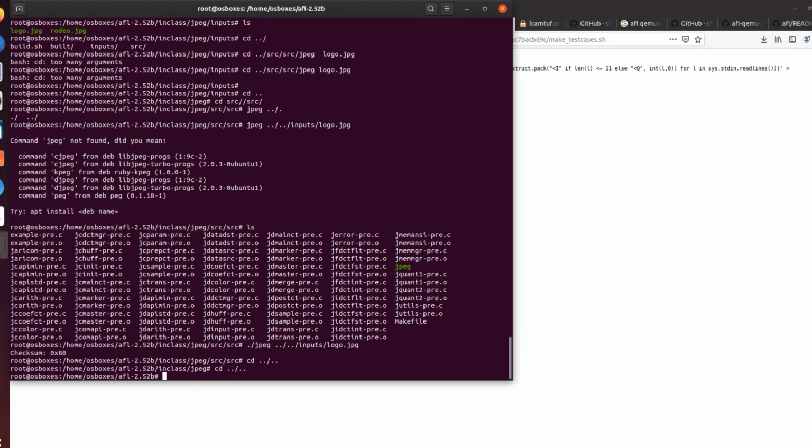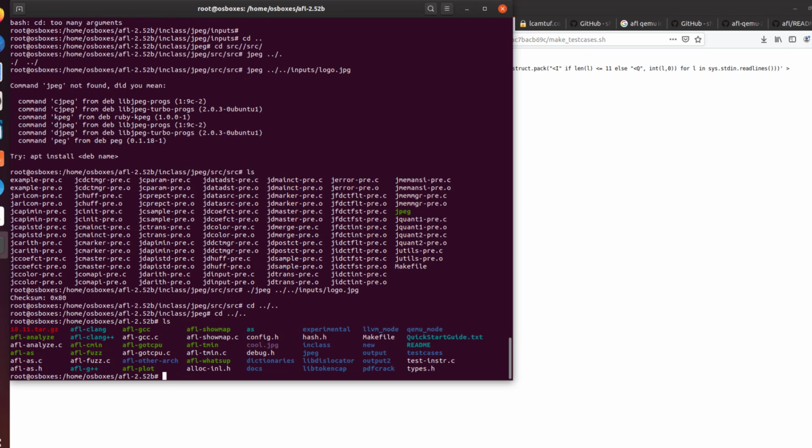So I'm in the directory for AFL. I'm going to do AFL fuzz. And then I go to the JPEG, and first I want to do the input, so it's going to be inputs. That's the folder where my inputs are, and then